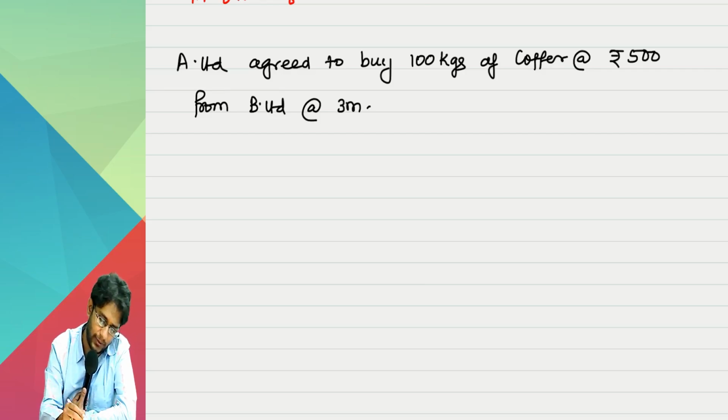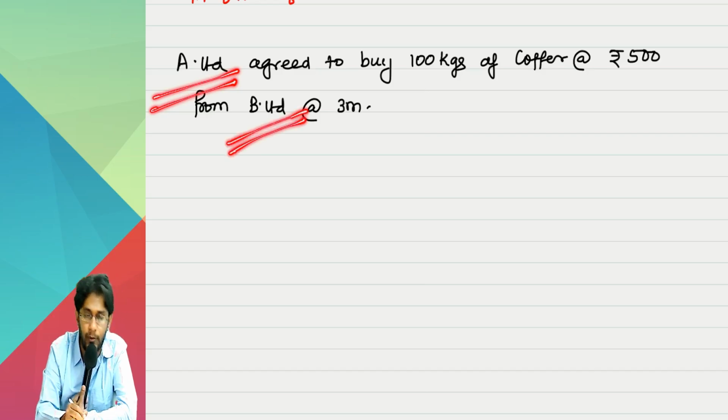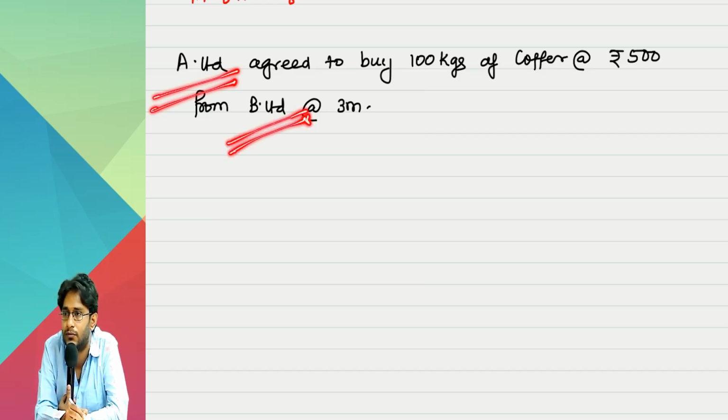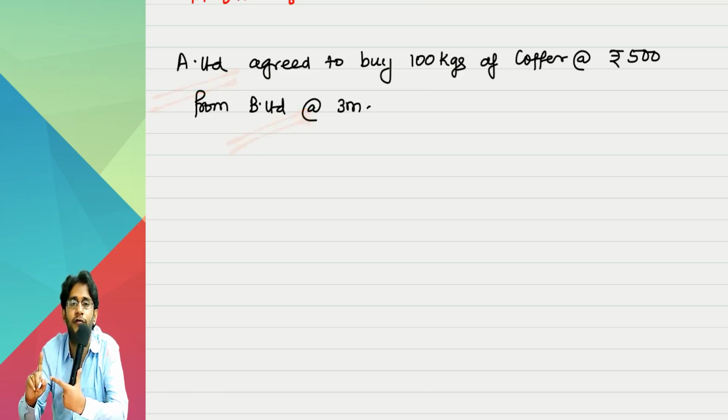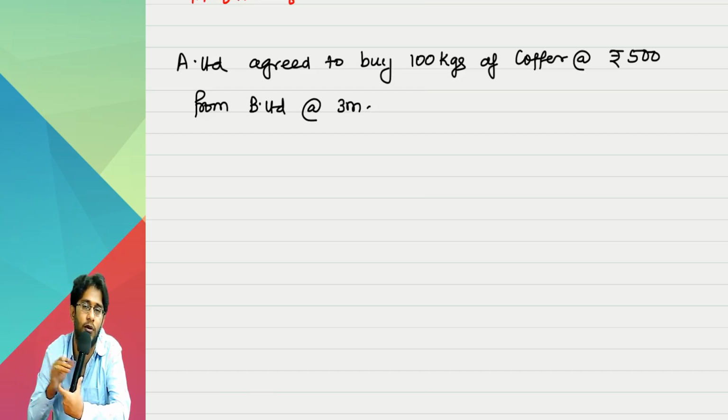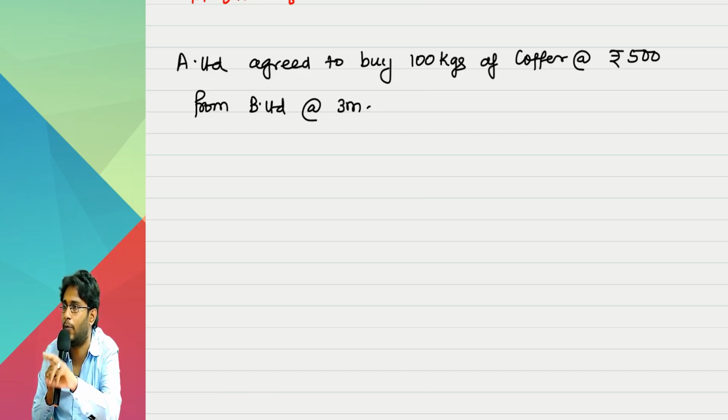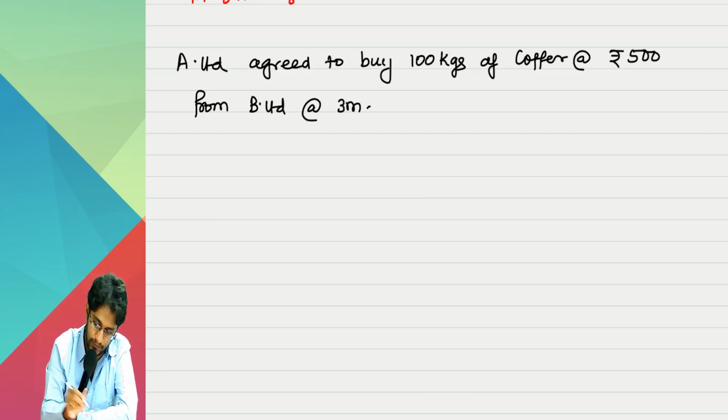So tell me, at 3 months time, is it possible that either A Limited or B Limited, one fellow will lose and one fellow will definitely gain? Why? The moment you fix price in any contract, sir, market prices will be fluctuating, but in your contract price is locked. Therefore, one party will be gaining, one party will be losing. What our standard asks you is,